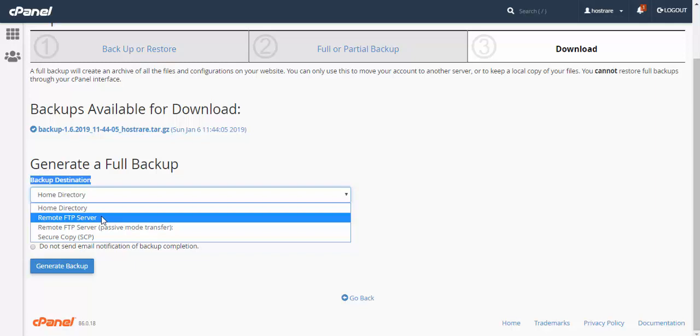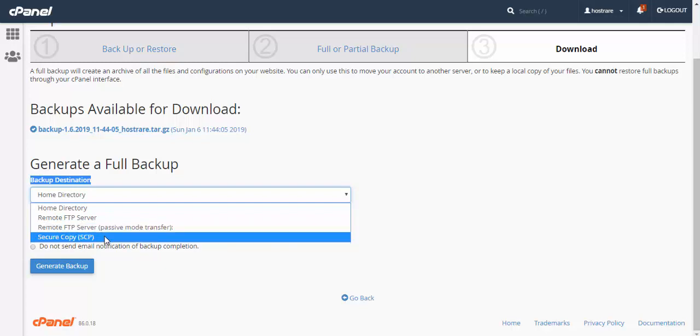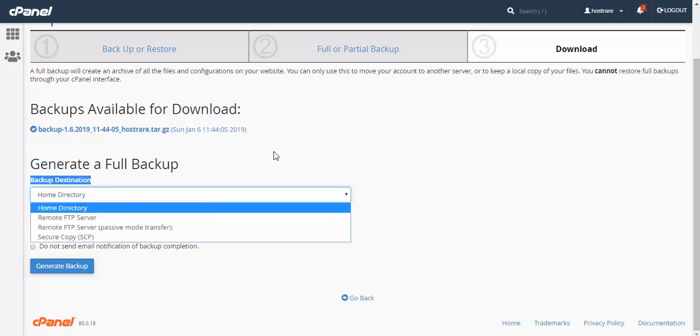That credential will store your backup using FTP connection. Remote FTP server, if your server is far away or a different destination, then you have to use this option. Secure copy, this destination is encrypted. If you want to keep your backup as an encrypted file, then you have to use secure copy.